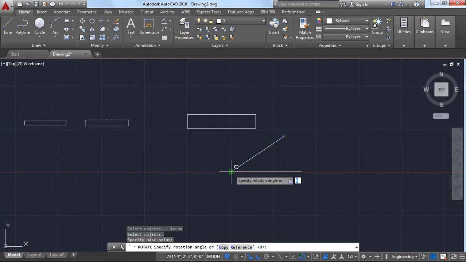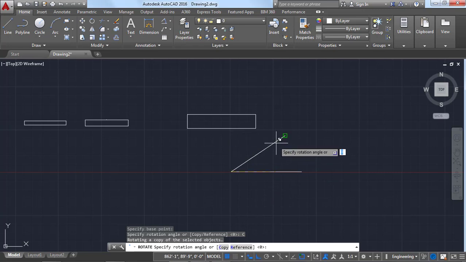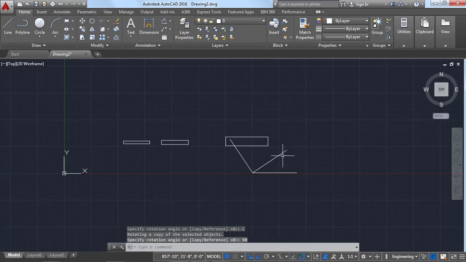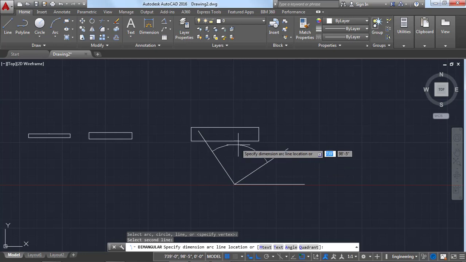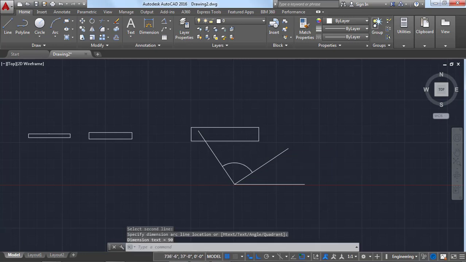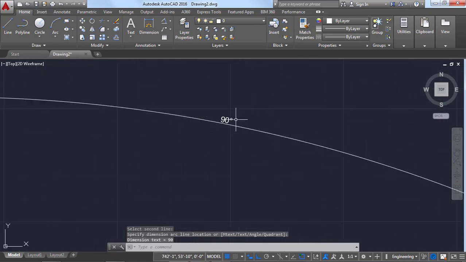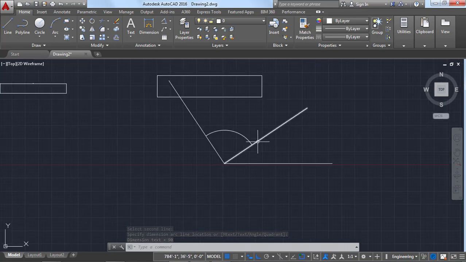I am selecting this base point, and after that click on copy. Here I want to rotate this line by 90 degrees. So give 90, enter, so that the angle between this line and this line is 90 degrees. It means our angle is taken in the anti-clockwise direction.